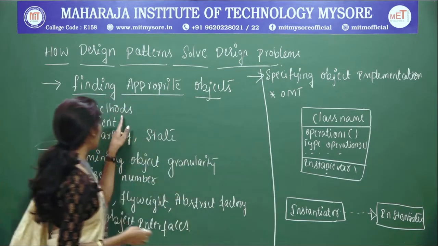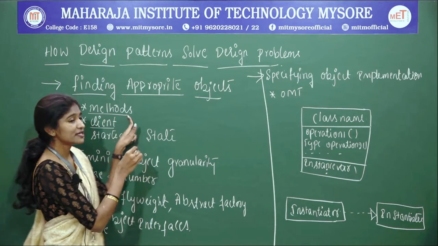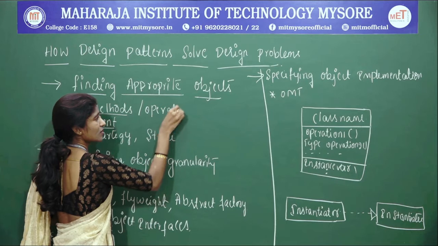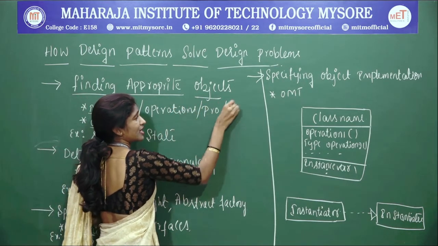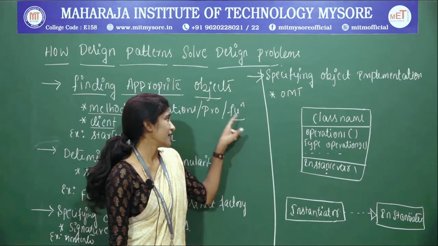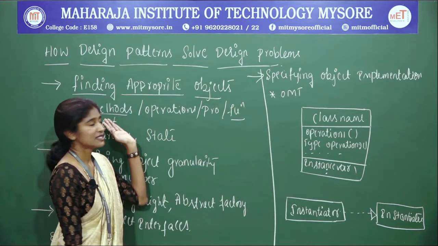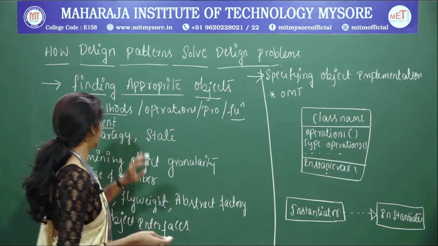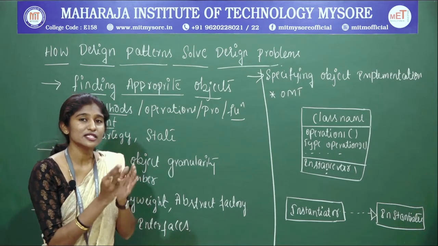Okay, so that is why I have taken here as points, methods and the client. Methods are nothing but the operations, you can say. You can call it a procedure, or a function in the case of a procedure oriented language, meaning in C language you are going to call them functions, right? So here I am going to name them methods, operations and procedures and so on. You have different names for the same thing. Here a method is going to contain the details of what all I need to do.